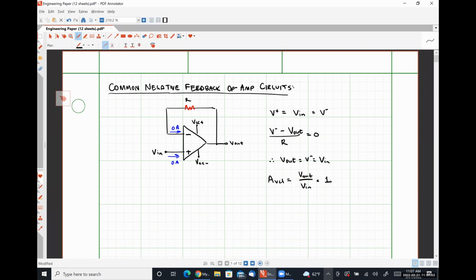So it's called a unity gain amplifier. It behaves as a buffer amplifier by effectively presenting an infinitely large input impedance while maintaining the characteristics of the signal as it transfers it from the input